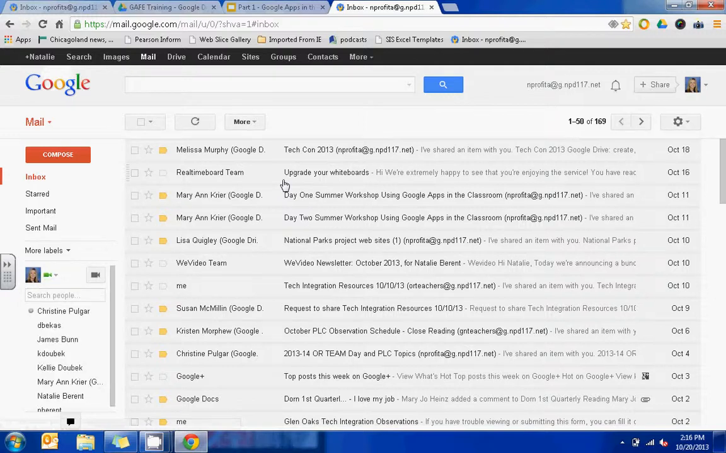When you first log into your Google Apps account, you will automatically be taken to your Gmail. Your Gmail account will look a lot like any other email account that you have, with your emails listed here in the middle, as well as who they're from and the date that they were received. And along the left sidebar here, you'll have the ability to compose a new message, navigate through your inbox, view